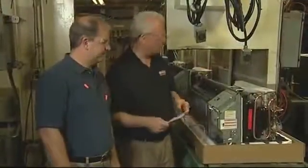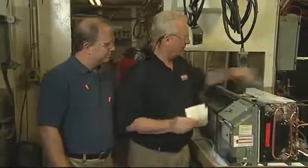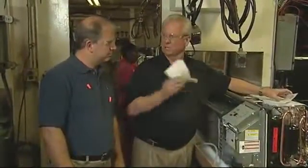Mark, let me point out one last thing on run test. See this little card right here? Yes, sir. This is a customer response card. And every unit we build, on all our lines, but PTAC especially, we send this customer response card out. Right. And we really try to get our customers to send it back to you, because I guarantee you, I read every single call